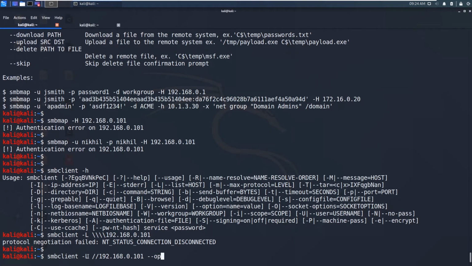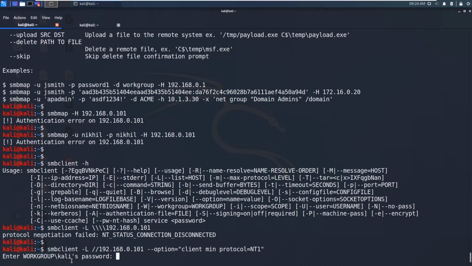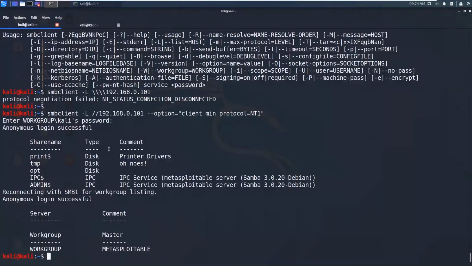I need to set an option called client min protocol equals NT1. This minimum protocol is used for smbclient if the server side protocol is a very old version. Now I want to type in my Kali Linux password, kali, and there you go.